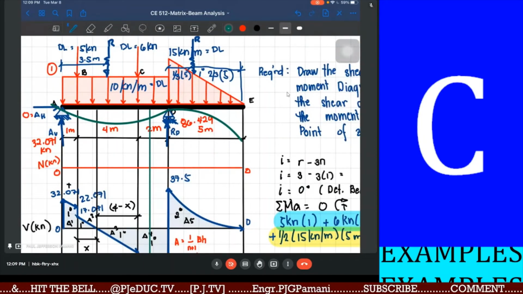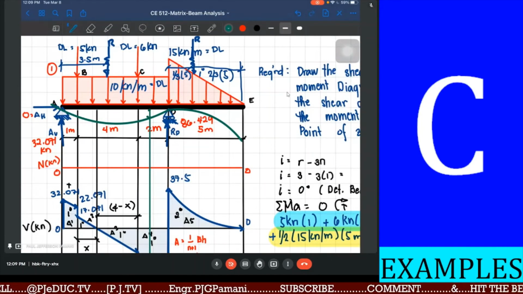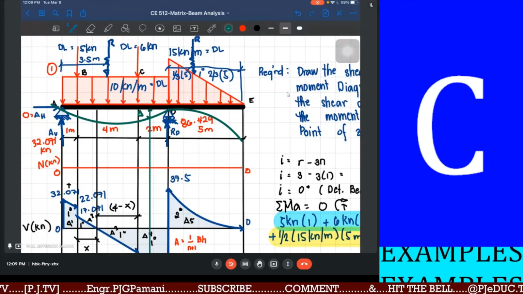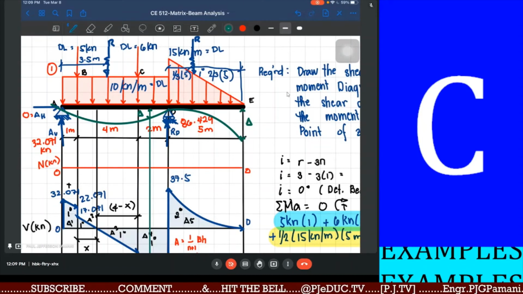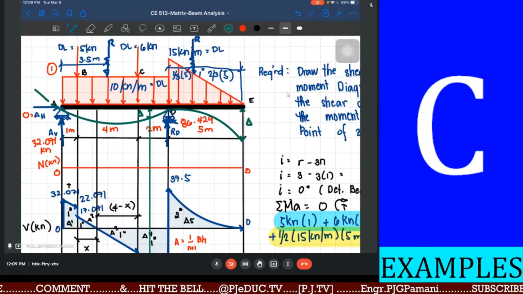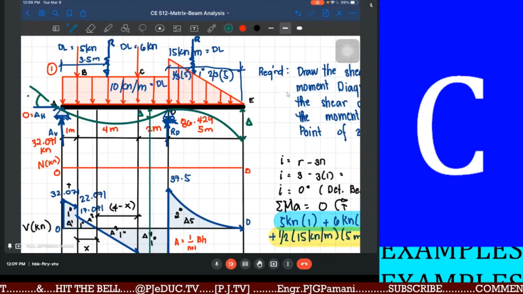Okay? So the maximum deflection is located here, delta, and also another deflection located here. Then you might probably ask later on the angle of deflection